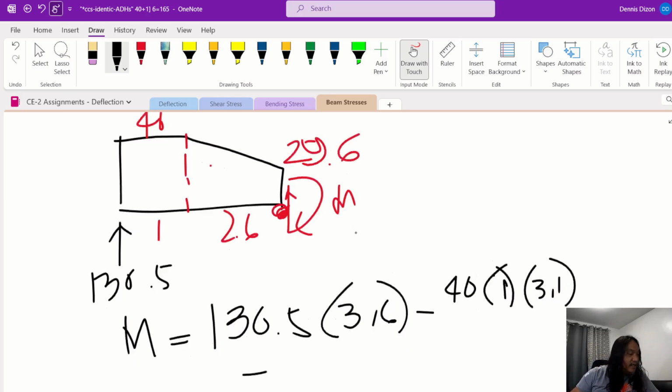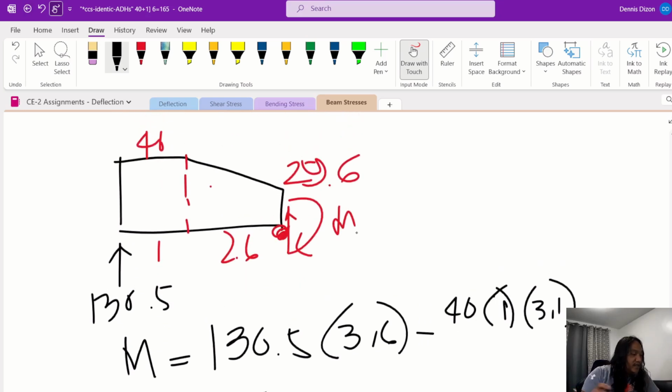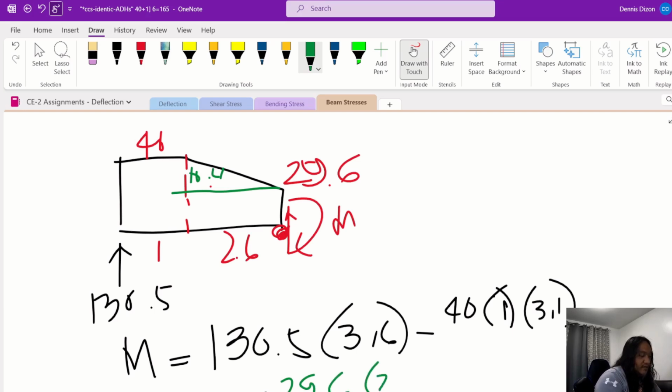If you want, you can divide this one here. So this is 29.6. So if that is 40, 40 minus 29.6, this one here is 10.4. So minus